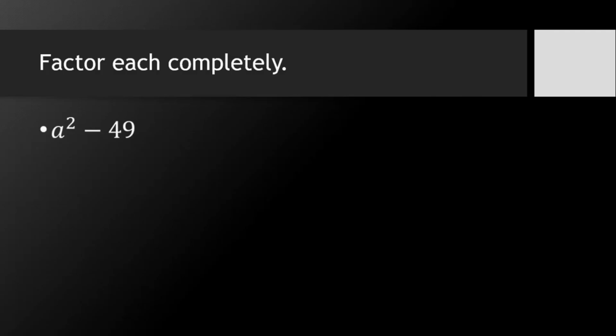Now, having all that knowledge regarding the perfect square numbers and their corresponding square roots, we can now apply the steps in factoring difference of two squares. So let's factor. For the first example, we have a squared minus 49. Going back to the first step, let's first prepare the two parentheses. And then the first step tells us to get the square root of the first term, which in this example is a squared. The square root of a squared is a. And we will write the variable a in each of the parentheses, such as this.